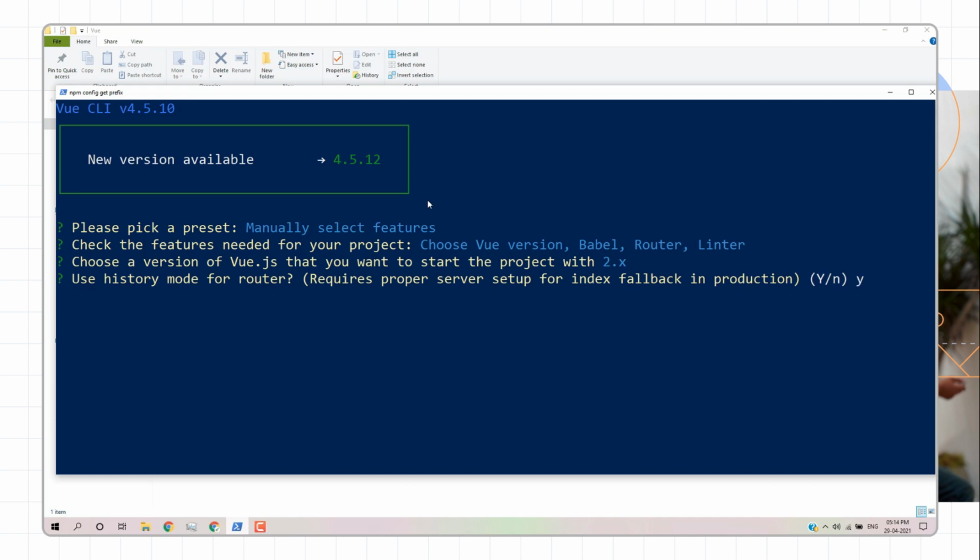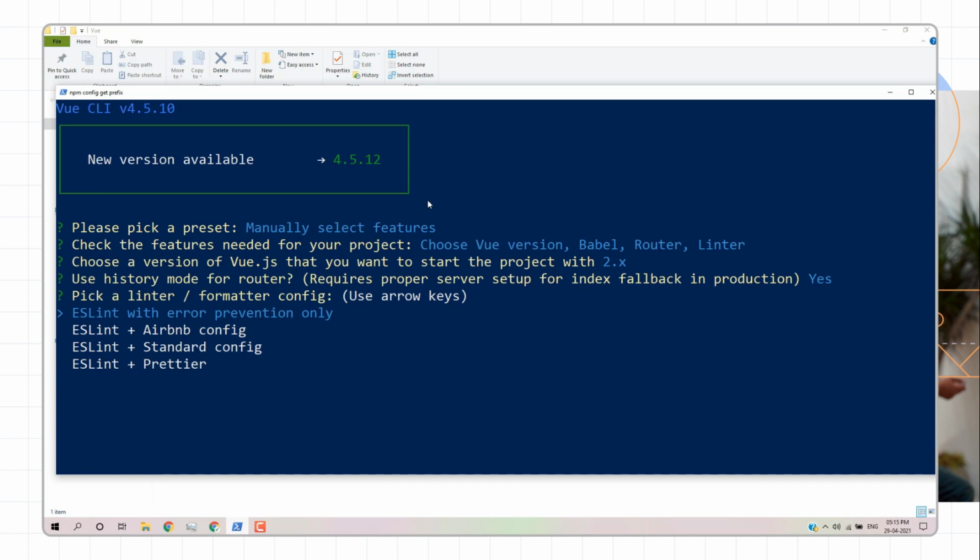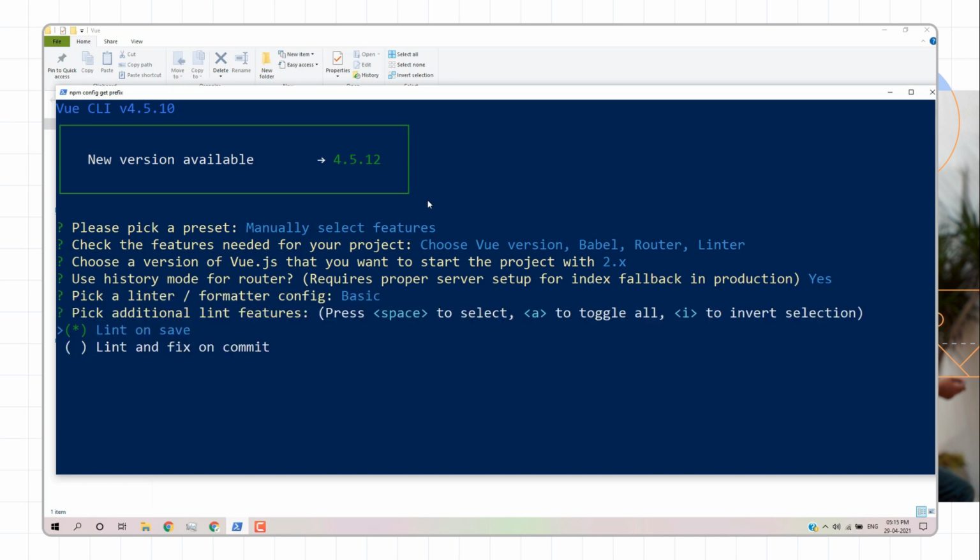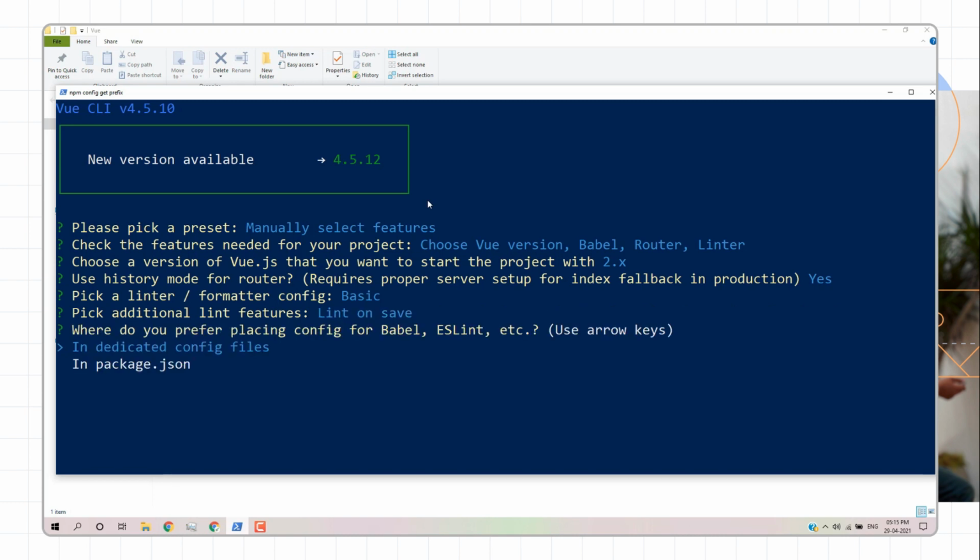I'll go for history mode enabled, and then press enter, and then it will ask for the linter. We have a lot of configuration versions for the linter. I'll suggest you go for the first one, ESLint with error prevention only, and then we have lint on save. You can save the configuration of Babel and ESLint in the same file, package.json, or you can create separate files.